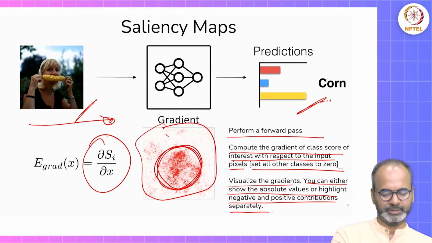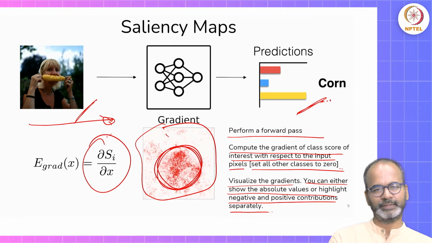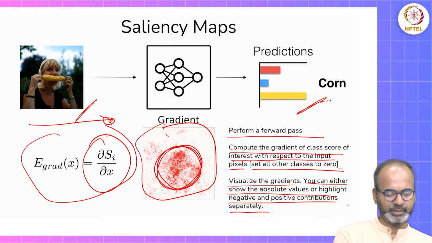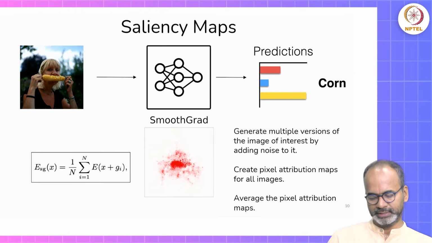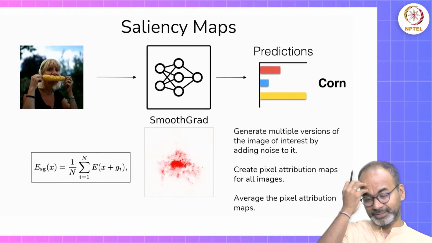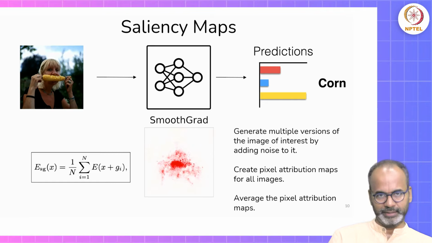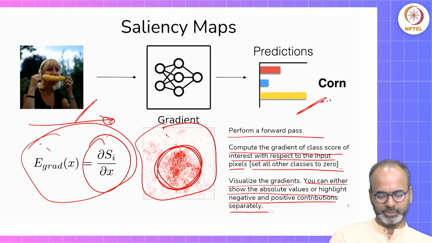In mathematical form, this is what it is of the gradient itself. So you will see this part changing in the next few slides. Don't worry too much if you don't understand the mathematical equation itself. But the abstraction is that here it is just a gradient. I'll show you one or two more methods of how these things change. Look at here. It does a small variation in the gradient itself, and it also does some average after that. So in the saliency maps, this method is called SmoothGrad, and the last one is called just the gradient method.